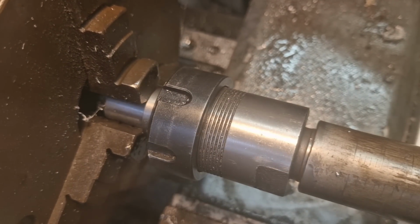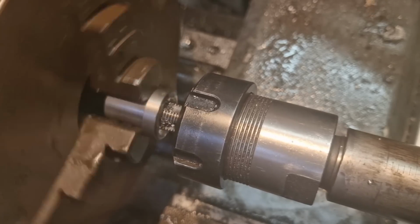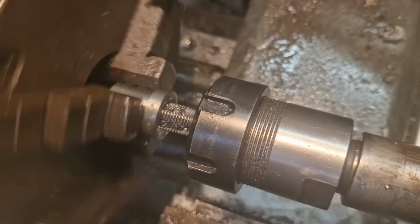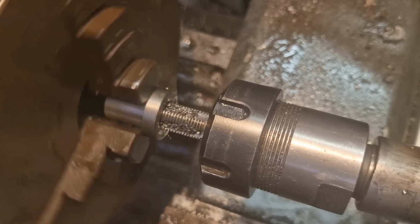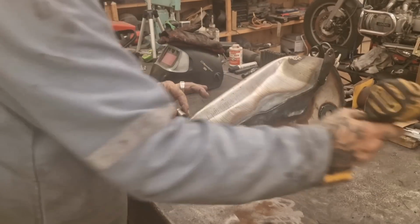And now, we'll have that out. And that one's finished. Do the same with the other one and then we'll look at drilling holes in the tank and welding them in. Happy days. Right, so, with those made,